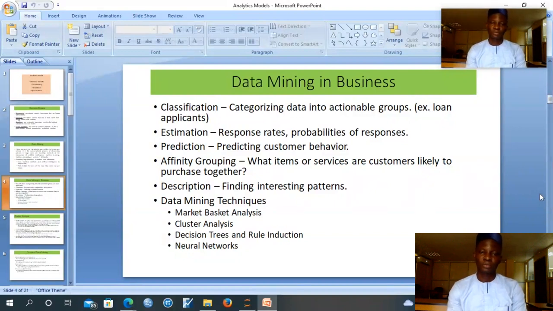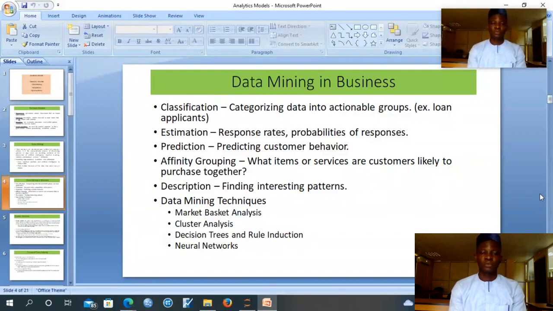One of it is classification. You categorize data into actionable groups. You have loan applicants over the years. You check examples of those you have given the loan that repay, those that do not repay, and then you can now check most of those that repay, what are the characteristics you can use to describe them. Most of those that do not repay, what are the characteristics you can use to describe them. So that when you have a new applicant, you can now check whether the characteristics of that applicant are closer to those that used to pay or those that used to default, and you can now classify and know the probability, or you estimate whether it will be a good